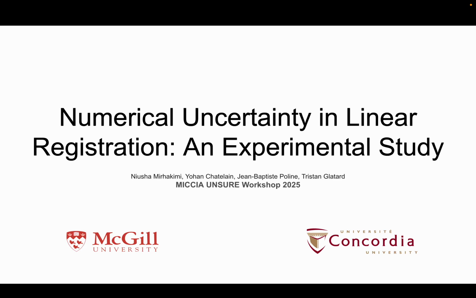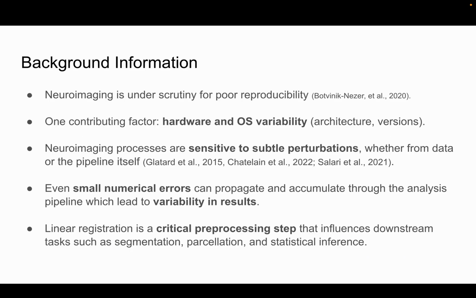I want to present our work on numerical uncertainty in linear registration. As you might know, the neuroimaging field is under scrutiny for poor reproducibility. One factor contributing to the reproducibility crisis is differences in hardware architecture and operating systems and their versions used to process imaging data. Neuroimaging data is sensitive to subtle numerical differences, which can propagate through the pipeline and lead to different results and irreproducibility. Here we want to study